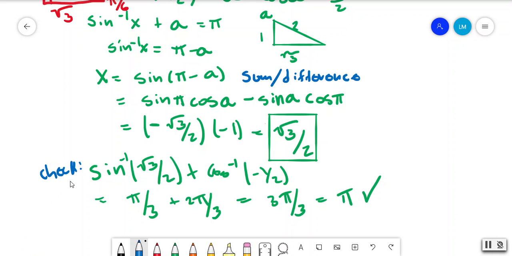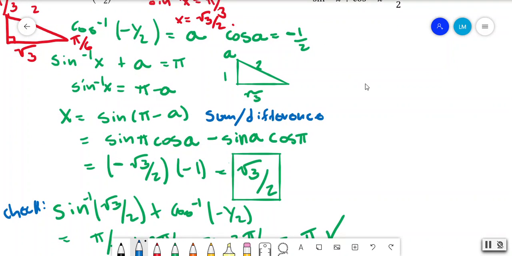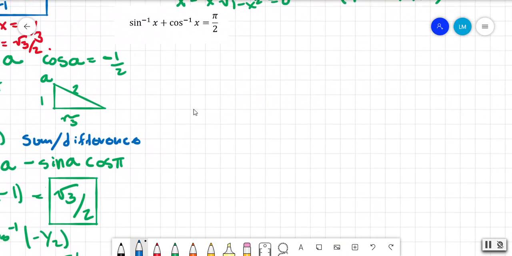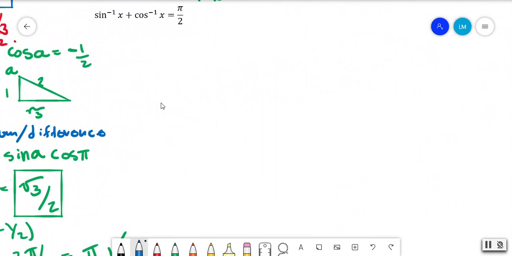Now, if we look at this new equation over here, this is actually one of these special identities that you will be using in Calculus 1, 2, and so on. This is a little interesting because when I first saw this equation, in my mind I'm thinking there's got to be an algebraic way that I can solve this. And I didn't realize until then that, once I